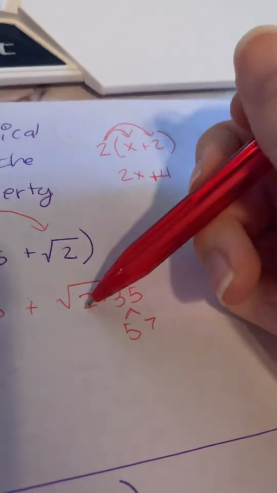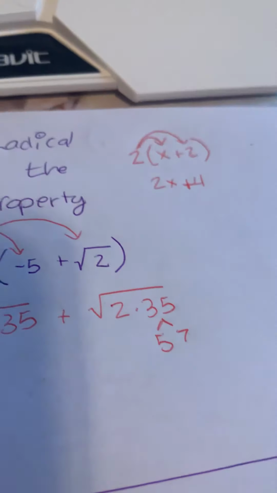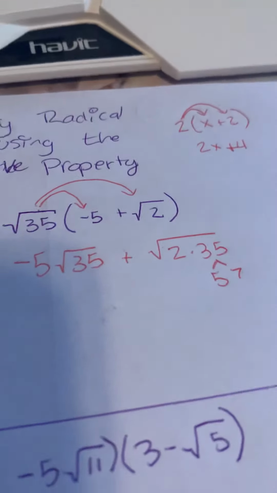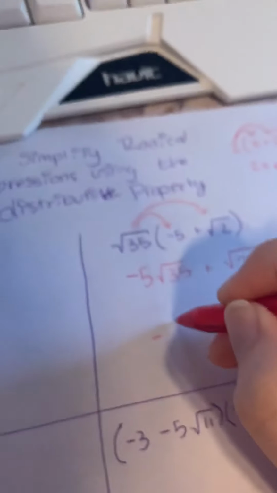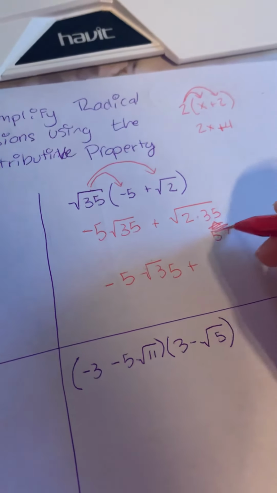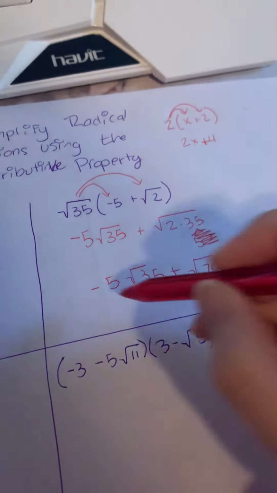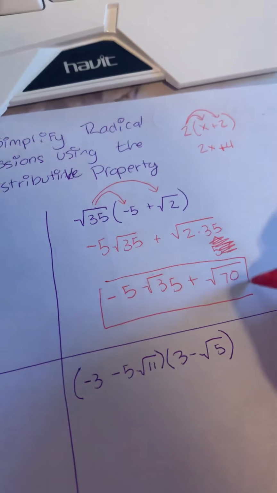So here you see I have a 2, a 5, and a 7. There were no pairs there, so we don't have any doubles, so we can't do that. So our final answer here is going to be negative 5 square root 35 plus, well, we're going to forget about that. 2 times 35 is 70. And that is your final answer